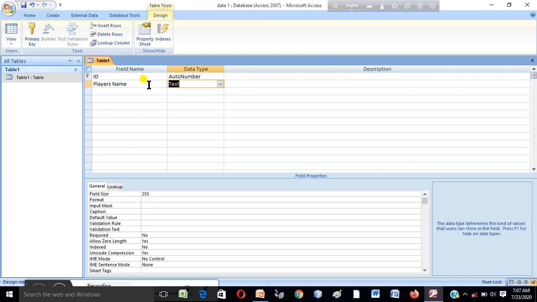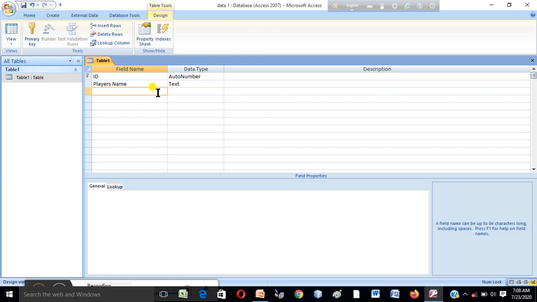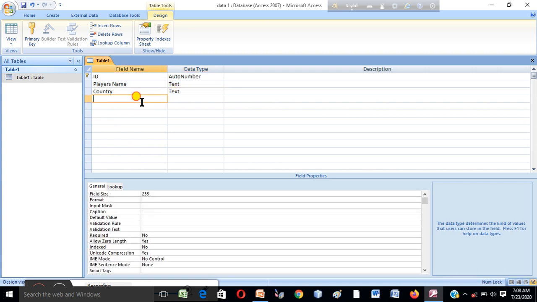Then data type. There are different types of data type: text, memo, number, date and time, currency. Name is a text, so I want to select text. Next is country, which is also a text.